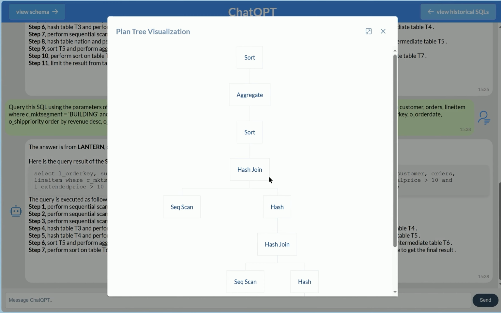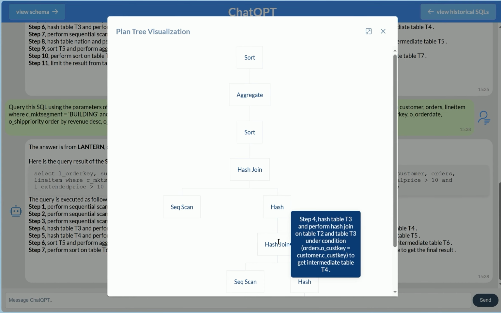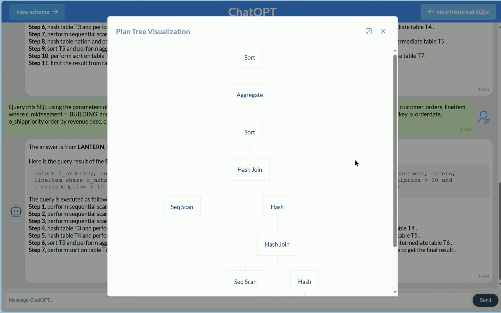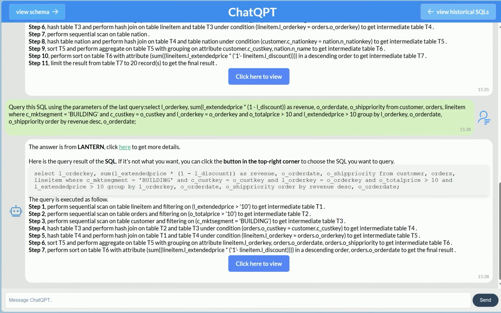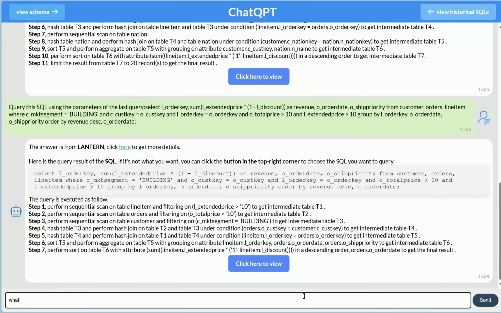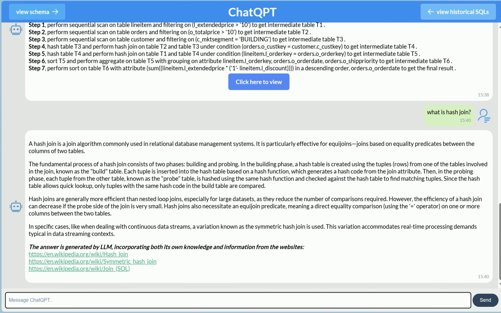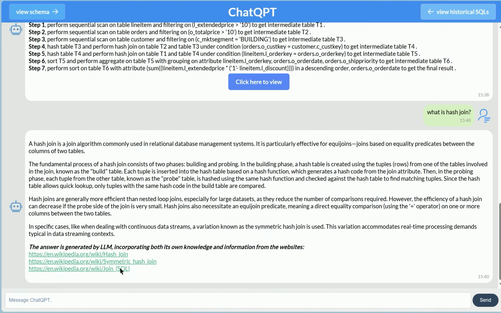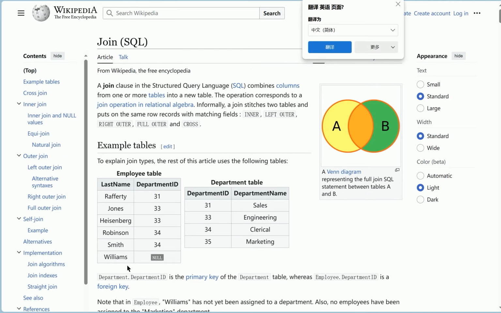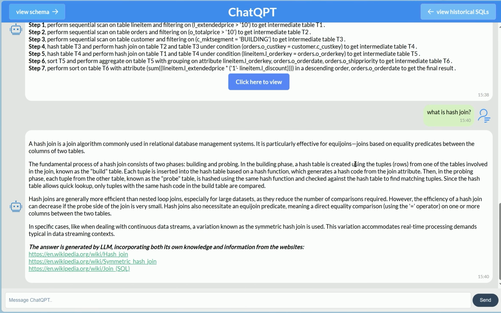It can be seen that the answer contains many technical terms, which may make learners confused. However, learners no longer need to query through a browser. They can directly ask ChatQPT. To enhance the quality of ChatQPT's explanations for database terminology, the Hallucination Management Module retrieves relevant content from reliable and frequently updated websites, such as Wikipedia, to guide ChatQPT in generating accurate responses.